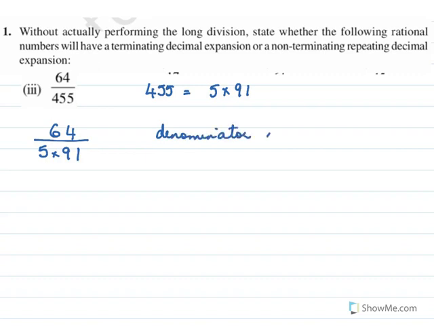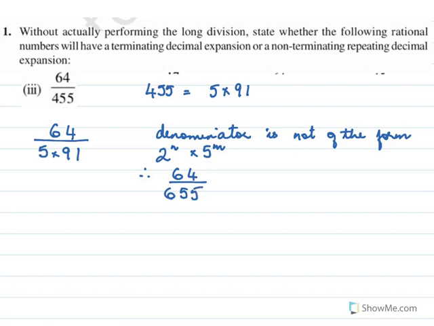Now for 64 over 455. Now 455 on prime factorization is 5 into 91. So this is 64 over 5 into 91. So the denominator is not of the form 2 raised to n, 5 raised to m. Therefore 64 over 455